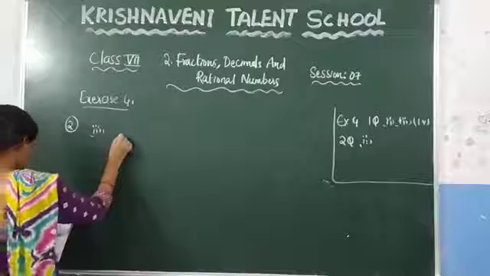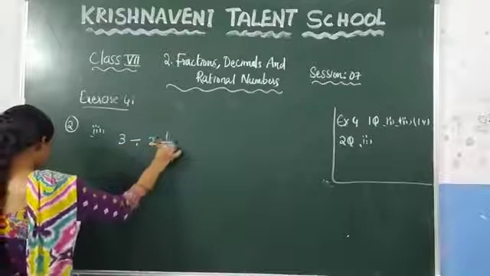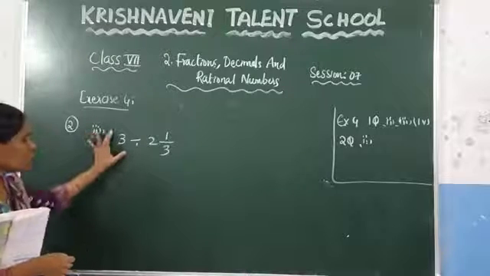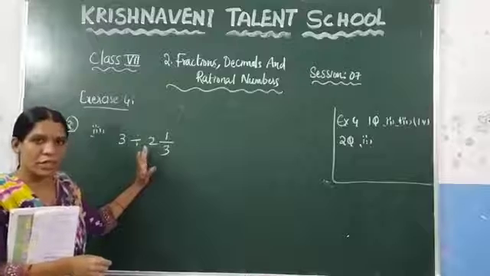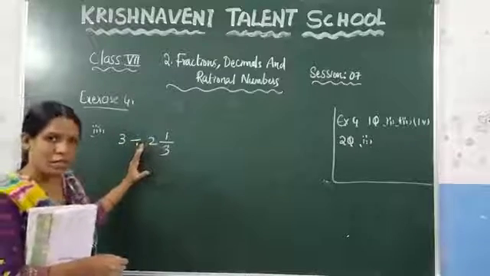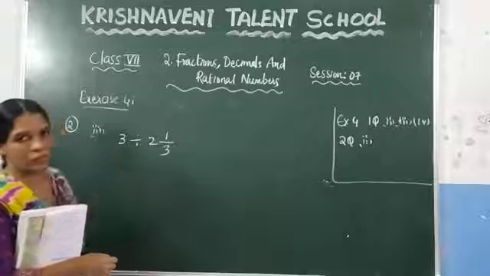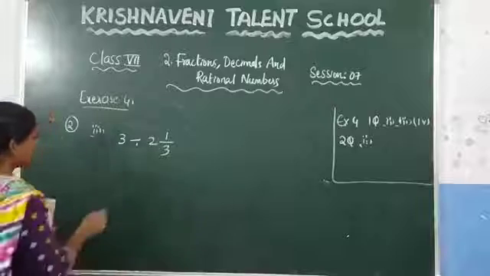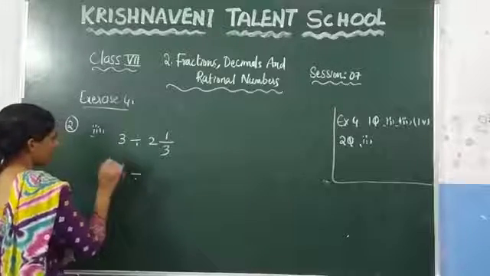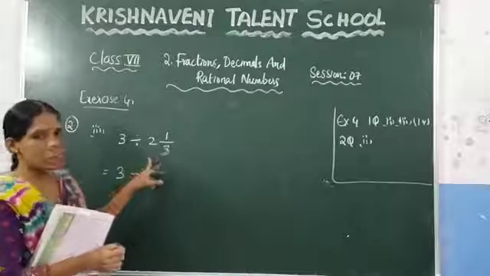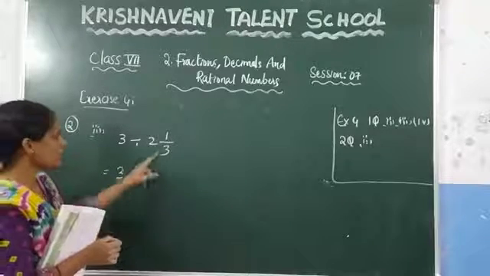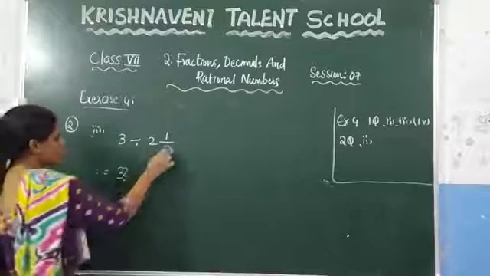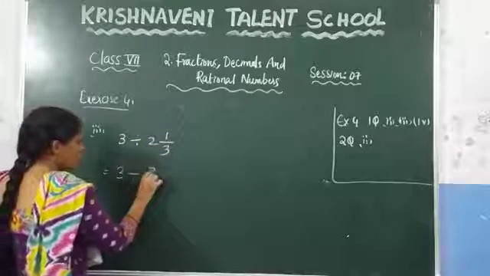In the second question, what they have given is 3 divided by 2 1 by 3. Here you can observe that they want to divide a whole number by a mixed fraction. They did not give an improper fraction or a proper fraction. They have given a mixed fraction. If you are dividing a whole number by a mixed fraction, how do you divide? Let us see here. 3 divided by, first you need to convert this mixed fraction into an improper fraction. You know how to convert it. Just multiply these two and add the result to the numerator. So what do you get here? 3 twos are 6 plus 1, which is 7 by 3.